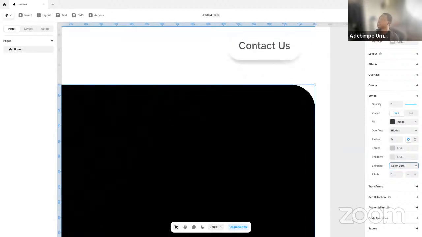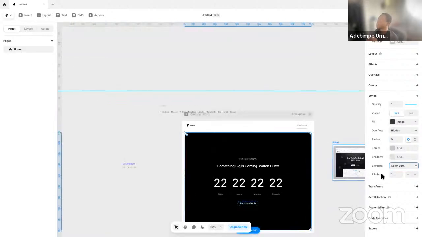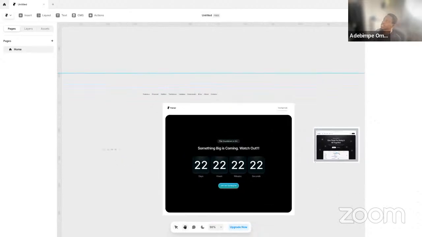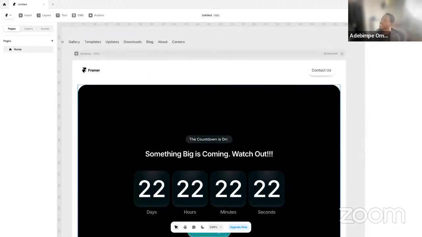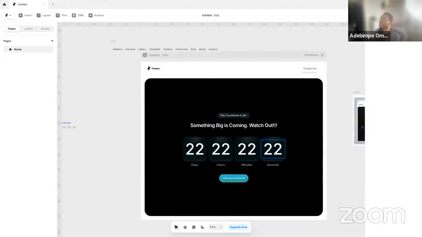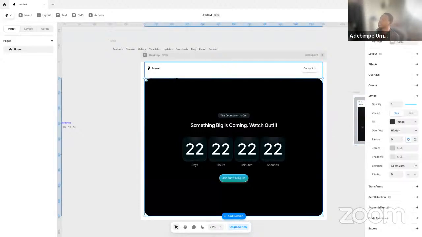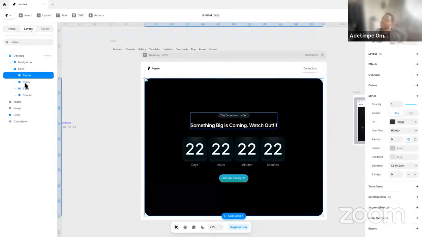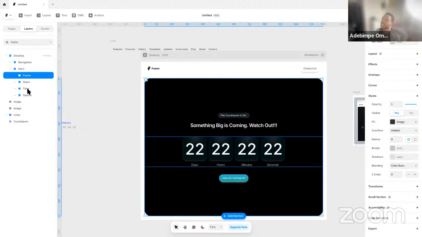So in this case, we are going to use color burn, right? And then what I want to do is set the index, right? So I'm going to change this one from 1 to 0, like this. Okay, so it is now staying literally at the back of everything, just before the container. But notice now that our blue element is totally very vibrant. So the good thing is that if I come back to layers and I select where to go,